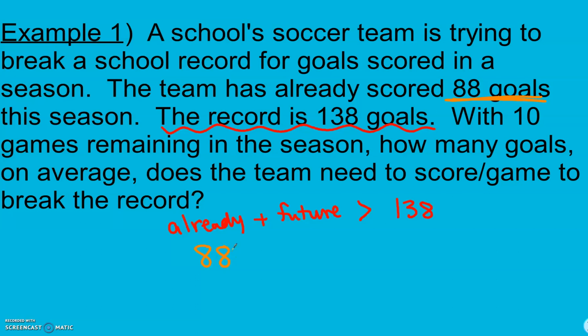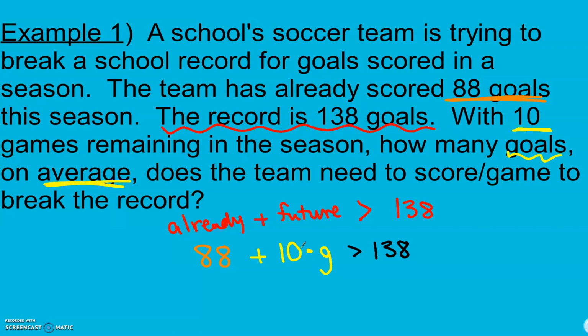We want to know, what does their average have to be for the 10 games? So we're going to add 10 times the number of goals they score per game. Because we're talking about how many goals per game do they need to score. And we still want that to be greater than the 138. So whatever their average is, we take that times 10, because there's 10 more games, to get that future number